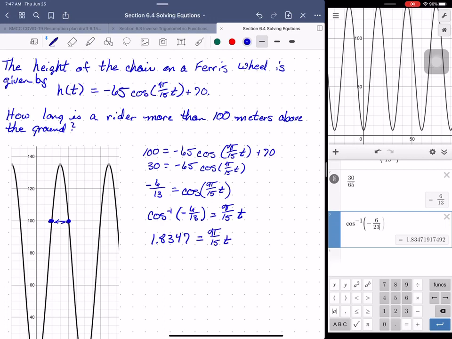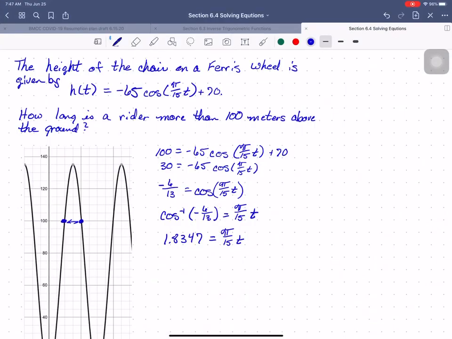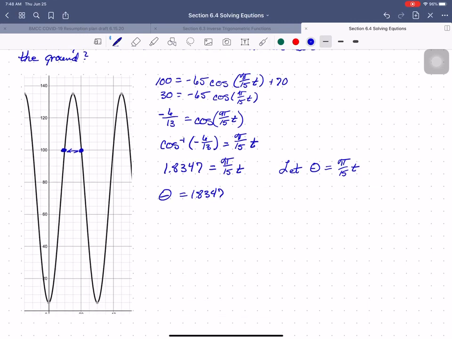Now you're going to be tempted here to just find your time. If you do that, you have to remember to determine the period of your function. And you can't use your unit circle because the period of the function that we're looking at here isn't 2 pi, like a normal cosine. It's 30, right? So here's what you want to do. What I generally do is I say let theta equal pi over 15 times time. So now I know that I've got one theta equals 1.8347. We're going to find my other theta